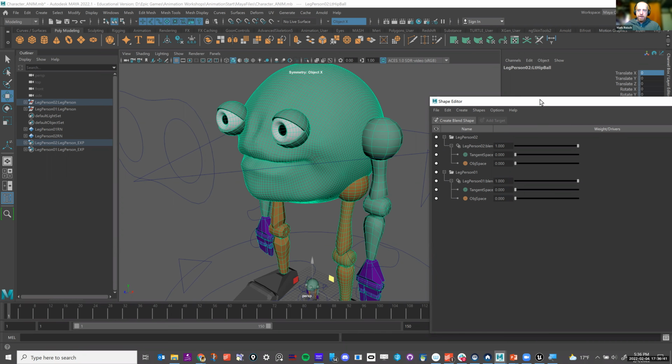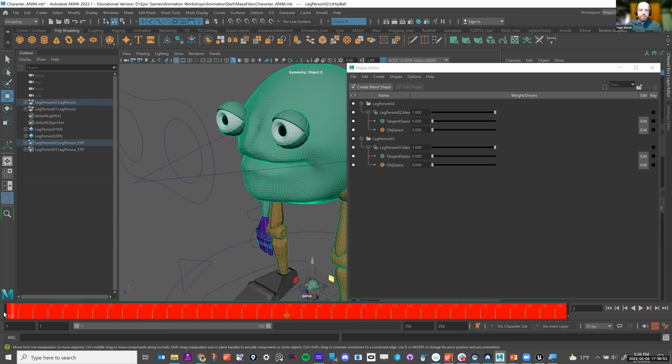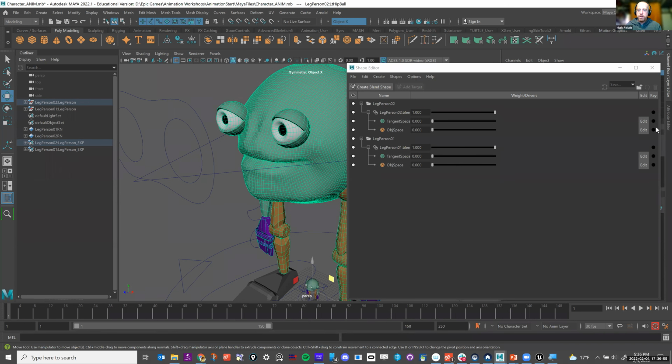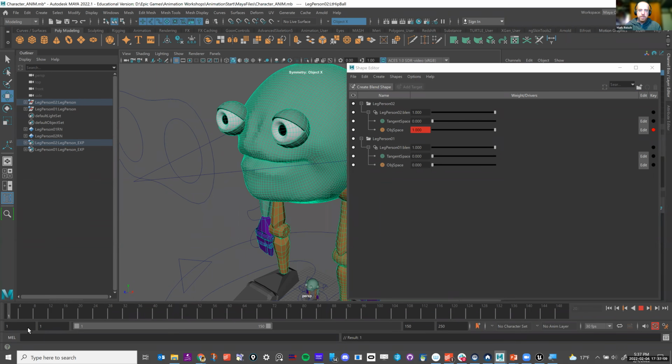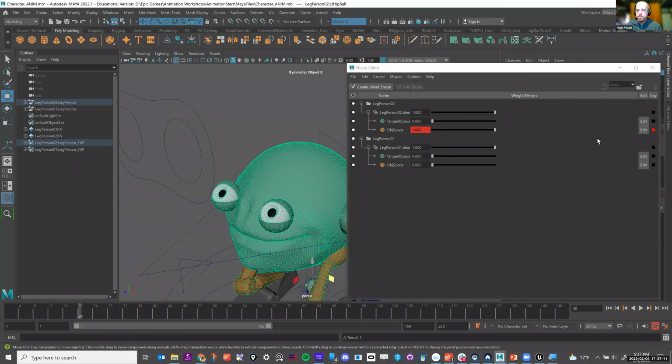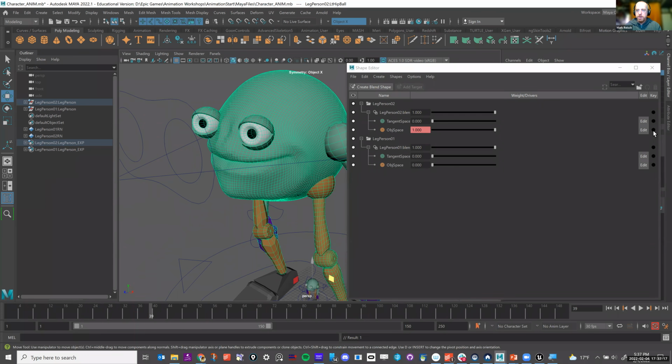And over here, I have my keys. This little dot here is going to be the keys. And since I did that test, I know that object space is the one that's going to work. So at frame 1, it's going to be just like this. At the frame down here, it's going to be a big smile. And then it's going to keep that smile till here. Make sure that there's a key there. There'll be another key when it's up here high, and then another one when it's low.